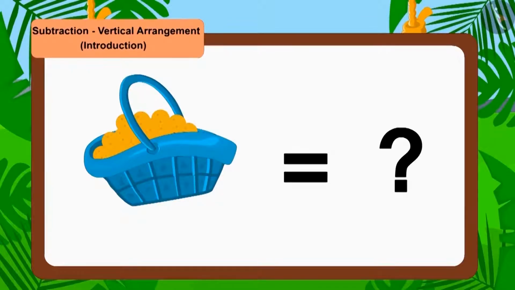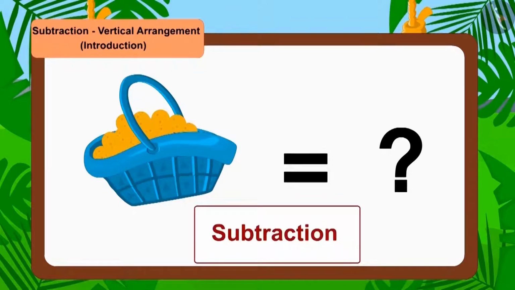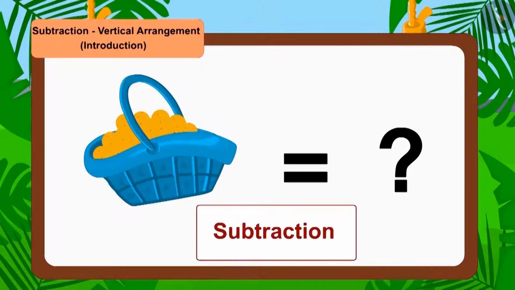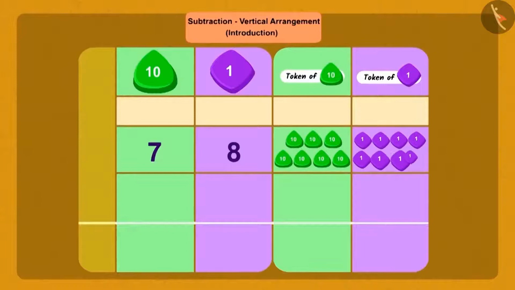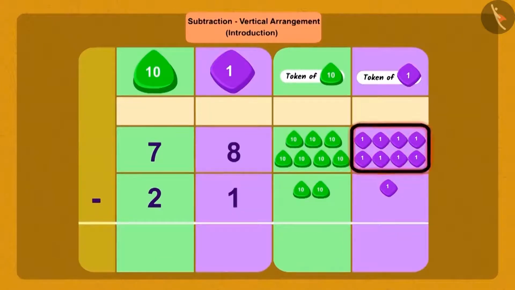To find out the remaining laddus in the basket, we have to use the subtraction process. Come, let us do this subtraction by writing the numbers vertically. So children, what will we do first? Yes! First, we will arrange both the numbers in this way as tens and ones. Now, from 8 ones of 78, we will subtract 1 ones of 21. We are left with 7 ones.